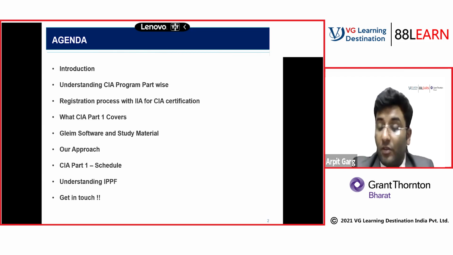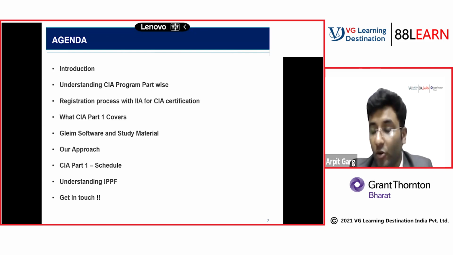We have taken some practical examples, and then we have discussed some MCQ questions during the sessions. Of course, as homework it will be for you to practice as many questions from the question bank as possible. Once we have completed unit 1, you can log into your GLEIM software, choose unit 1 and attempt all the questions. So you will get more confidence about where you are going wrong or where you are going correct. That is how we have to do it.